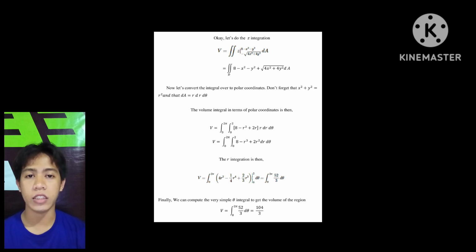So integration is done. The volume is equal to the integral from 0 to 2 pi of 4 r squared minus 1/4 r raised to 4 plus 2/3 r cubed,